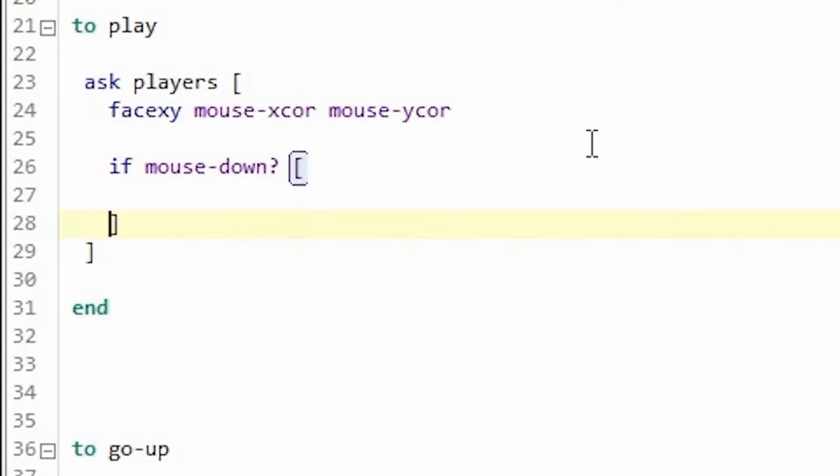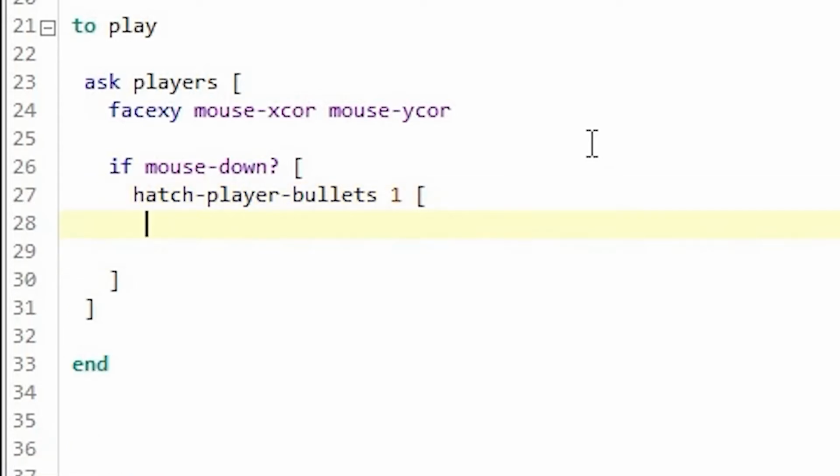what we can do is hatch a new agent type, or new turtle type, called player bullets, and I'm going to hatch only one player bullet.